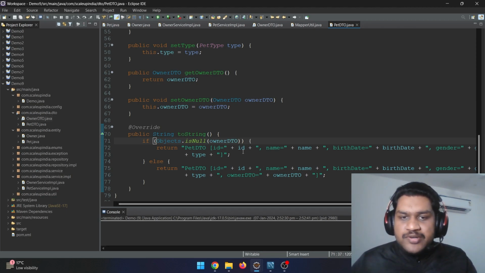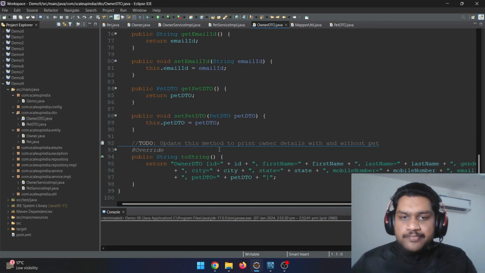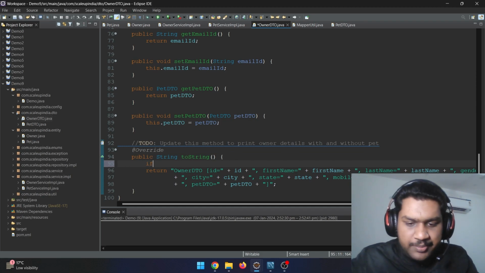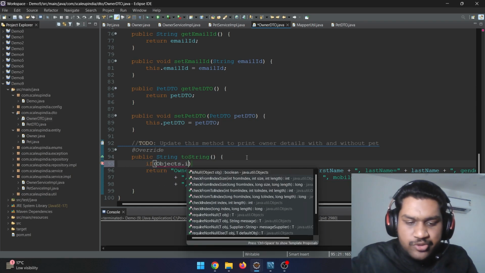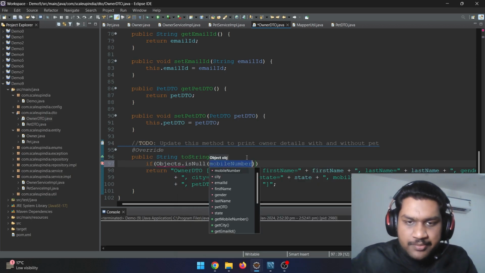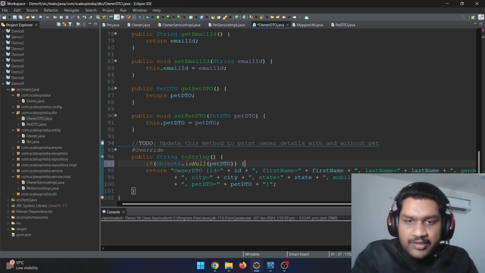So if the owner DTO is null, then it will print without owner DTO. If it is not null, then it will print with this. Something like this we will also do in the owner DTO, that if the pet DTO is null, we won't print pet DTO here, and if pet DTO is not null, then only we are going to print this. So let me again quickly do this. So I'll just say here objects dot is null, and I'll say here pet DTO, and yeah, this